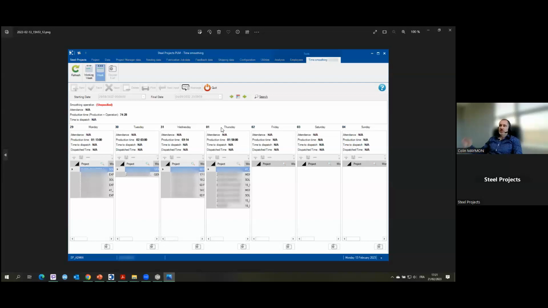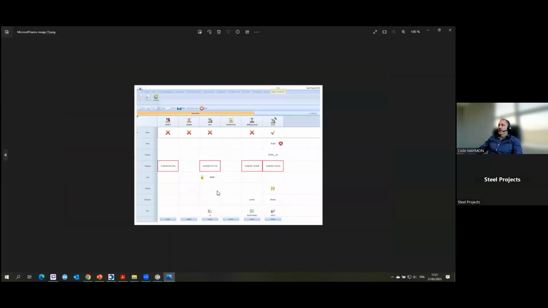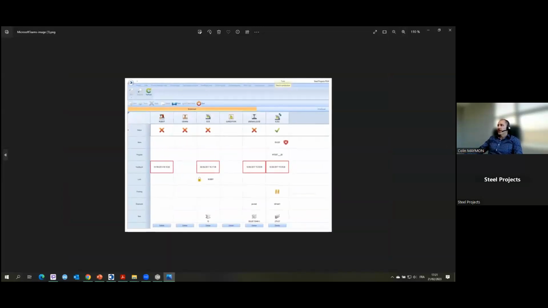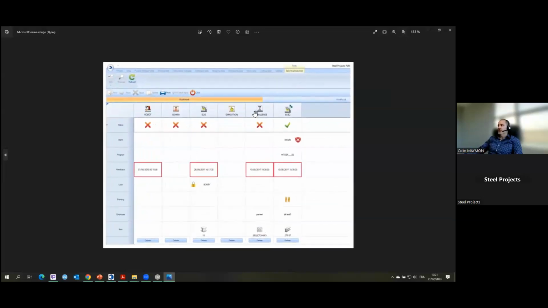Okay, this one is a bit complicated to explain. It's per employee, the efficiency of the different employees on project and per days. We had to hide some information because it's coming from a real example from a real customer. And we've got also this one which is called